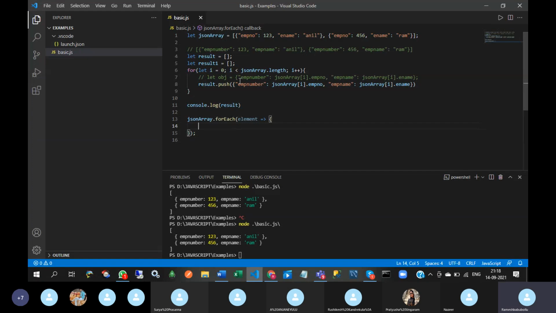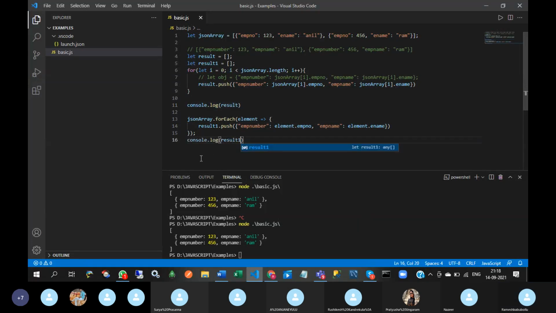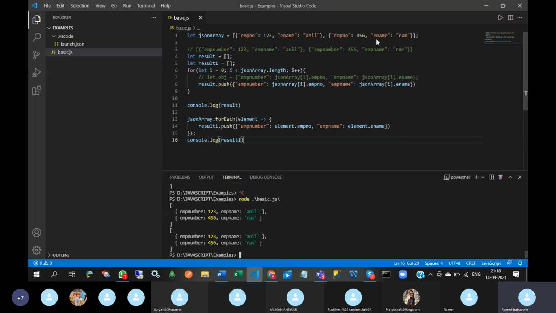So here the same logic you can write. Result 1, and here remove this element and element. Same. This is for each.